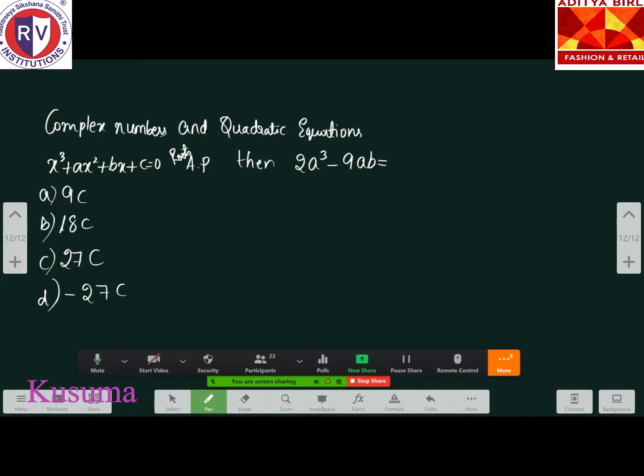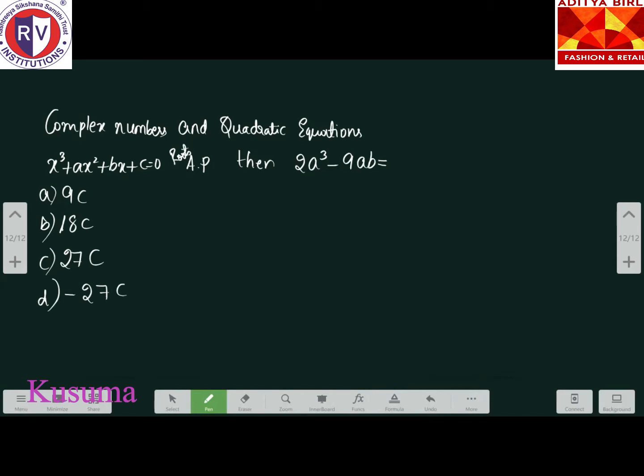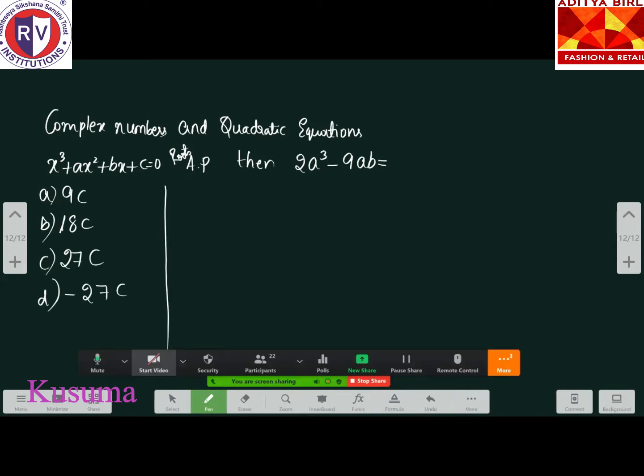Okay, so remember this. For a cubic equation of the form px cube plus qx square plus rx plus s is equal to 0, where p not equal to 0, if